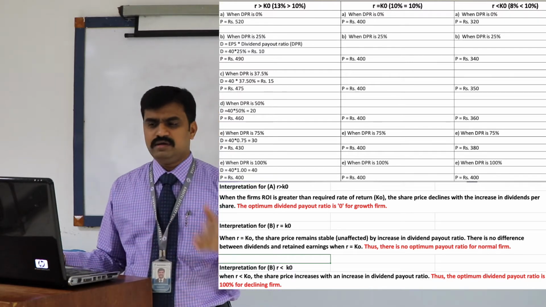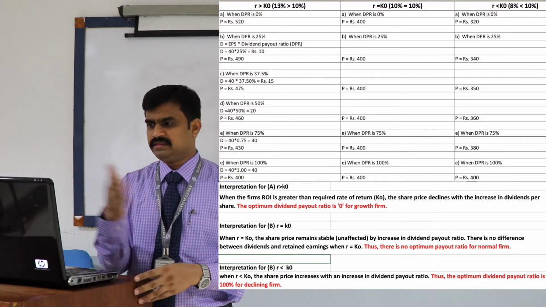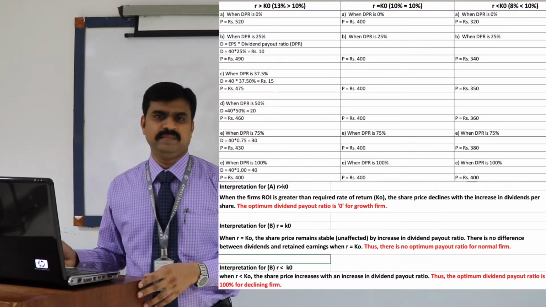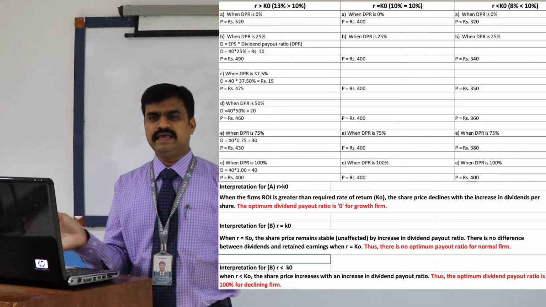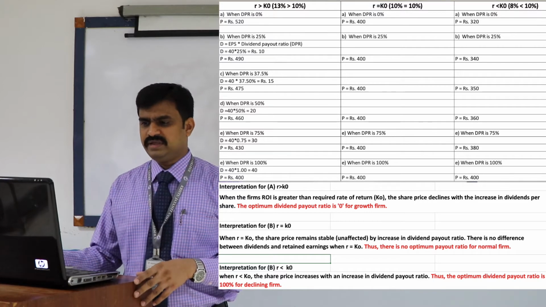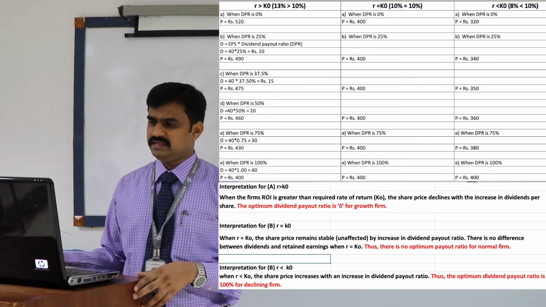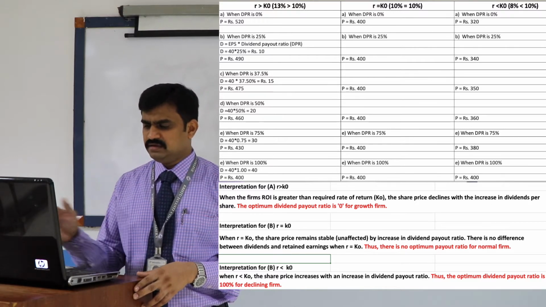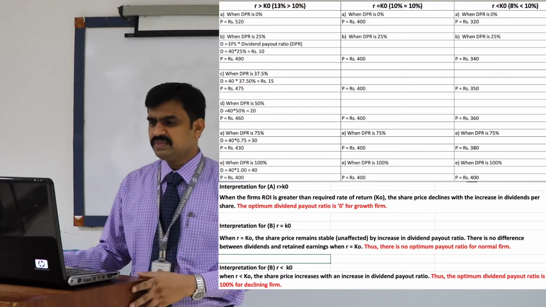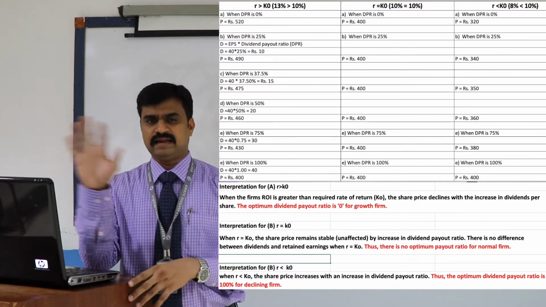So we got price of the share 430 for the first scenario, second scenario 400, and third scenario 380. And the last scenario, that is 100%, means whatever they are earning, they are giving everything as dividend. Company is not retaining any revenue. In that case we got P as 400 in all the three cases. So we are done with all the scenarios. Understood? I think all of you are clear with the calculation part.